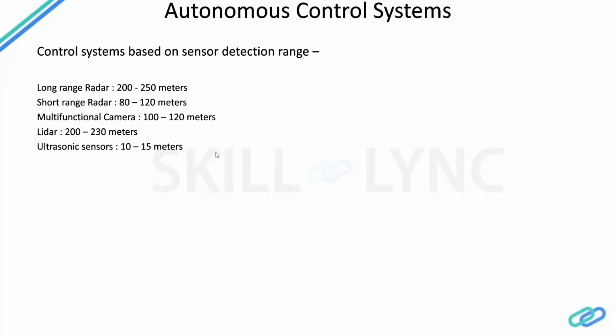From this detection range, you can understand that long range radars and LiDARs are capable of handling high speed applications, something like cruising and emergency braking. The short range radars can take care of mid-speed applications, when your vehicle is moving at a speed of, suppose, 70 to 80 kph. Ultrasonic sensors have a very low detection range, so they can take care of applications where your vehicle moves at a very low speed, around 20 kph maximum.